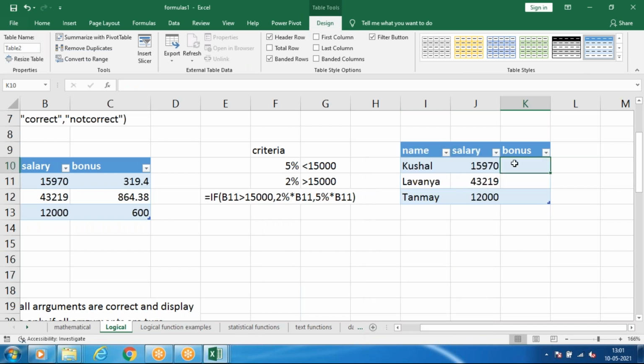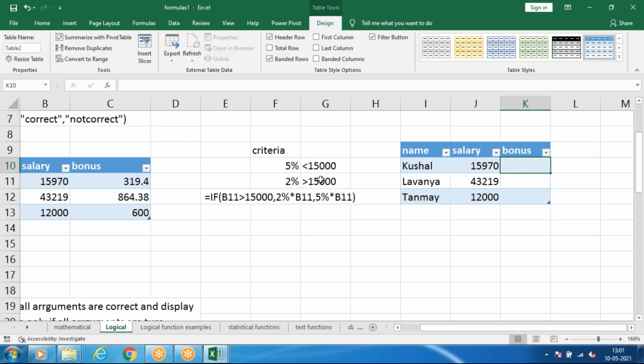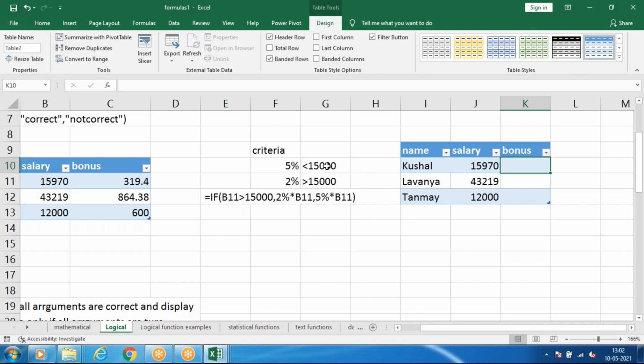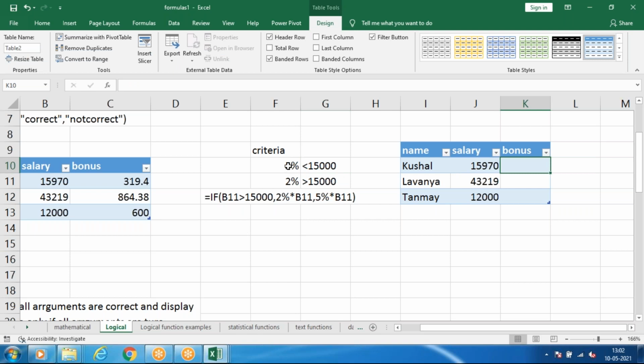According to my company, if they're getting less than 15,000, I'm going to give 5% as bonus. If they're getting more than 15,000, 2% as bonus. For example, if they're getting 10,000, they'll get a bonus of 5%, which means 500.